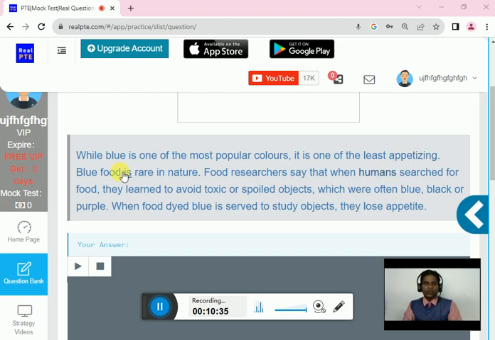Let me show you. I have already taken the decision that I have to use something. Then my recording started, and I say: while blue is one of the most popular colors, it is one of the least something. Blue foods rare in nature. Food researchers say that when humans search for food, they learn to avoid toxic or spoiled objects, which were often blue, black or purple. You have seen that I have used the word something.